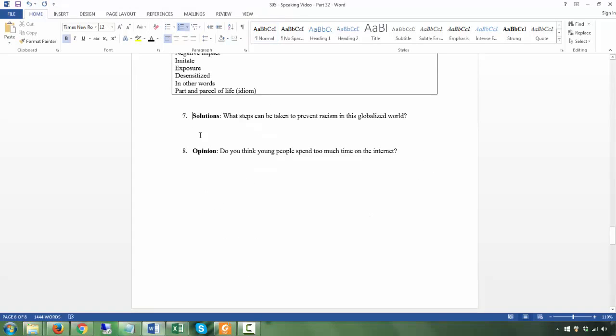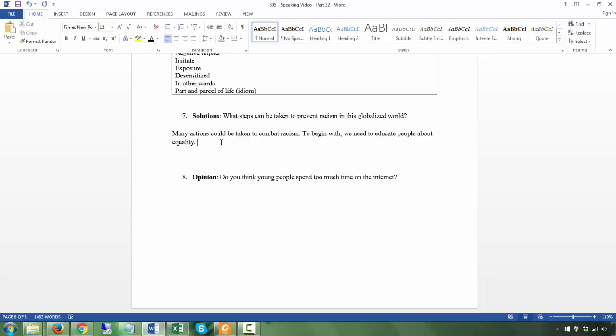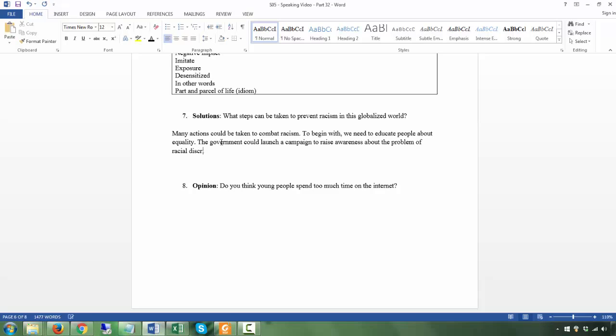Let's continue with question 7, solutions. What steps can be taken to prevent racism in this globalized world? Many actions could be taken to combat racism. To begin with, we need to educate people about equality. The government could launch a campaign to raise awareness about the problem of racial discrimination and the effects of such